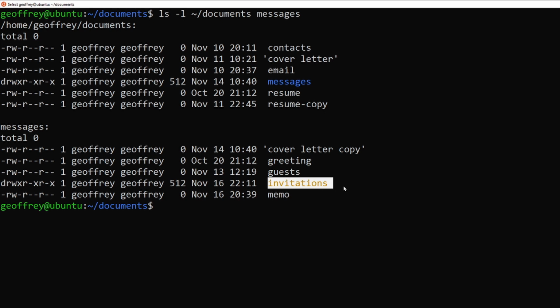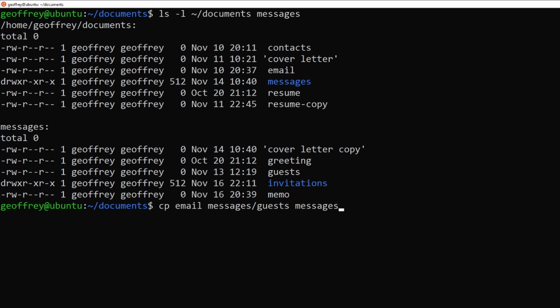We also want to copy the guests file within messages to the invitations directory as well. To copy both files to the invitations directory at once, we can enter the command cp email messages/guests